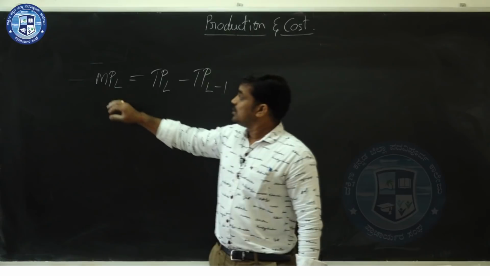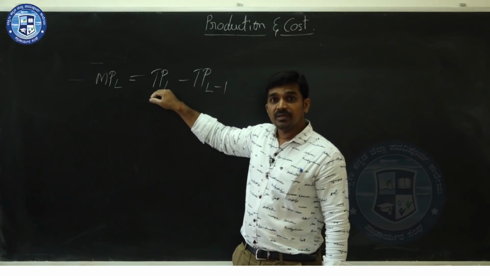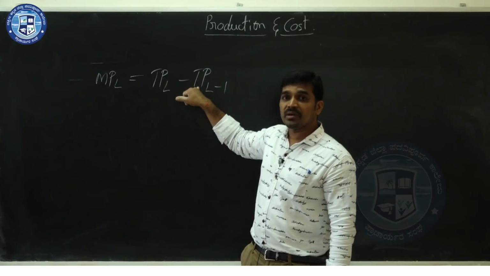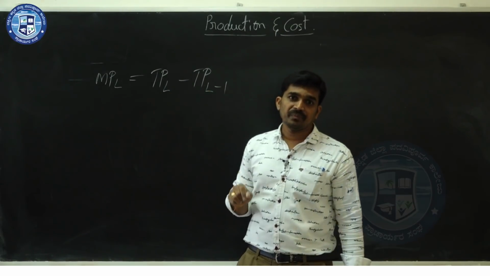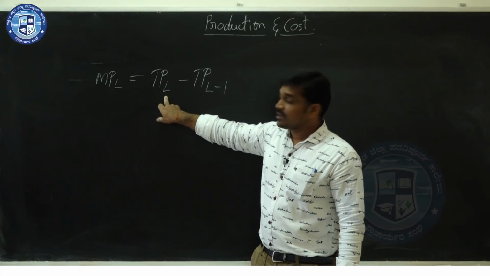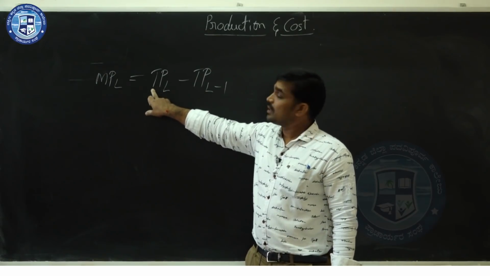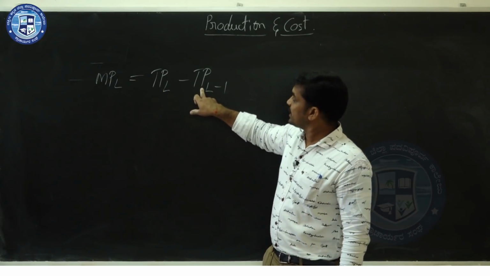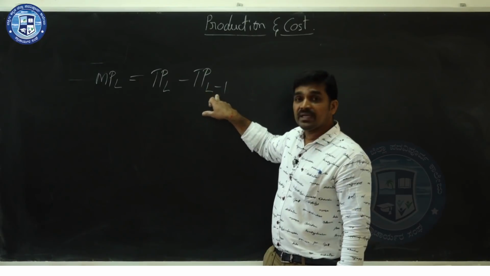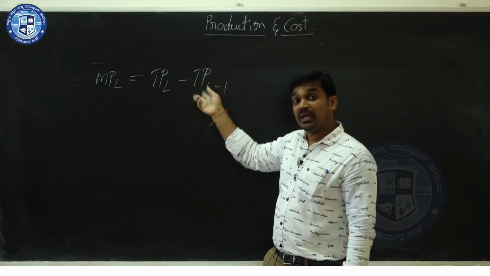Look here, marginal product of variable factor equals total product of variable factor minus total product of variable factor minus 1. Here L indicates the number of units of labor and its total product, and this formula indicates TPL minus 1, the previous units